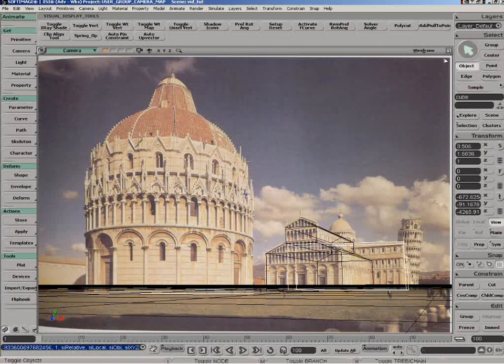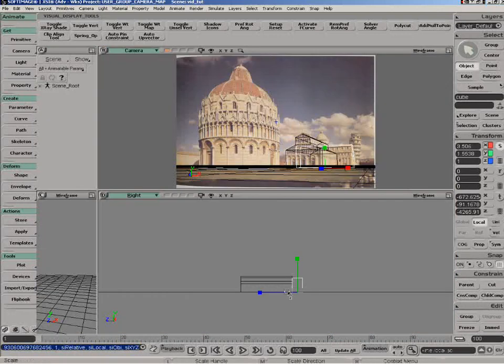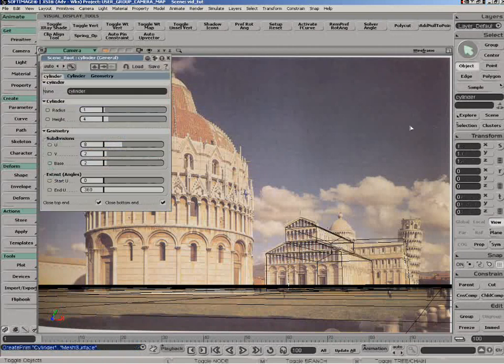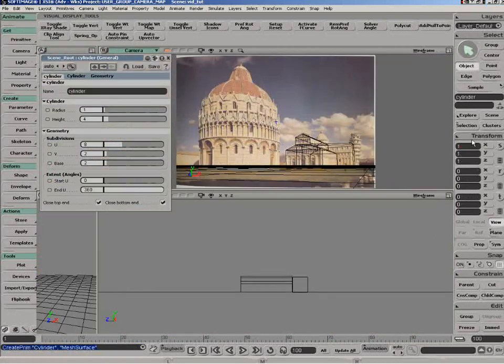The next thing I need to put in here, and I may need to make the scale of this object a little larger, say to about there. The next thing I would need to look at is putting in this dome structure at the back, and for that I could use really anything. I'll start off by taking a cylinder, and then I'll add some edges and modify it. So we can again match translation to this background object here,